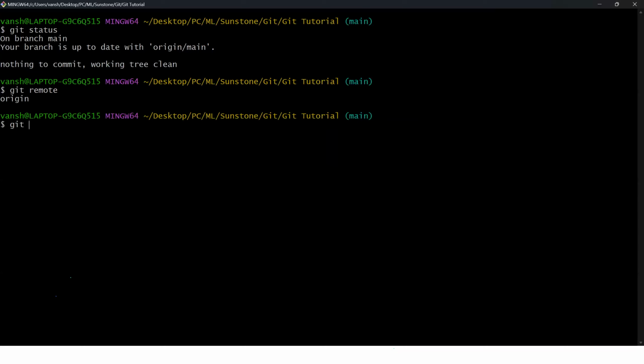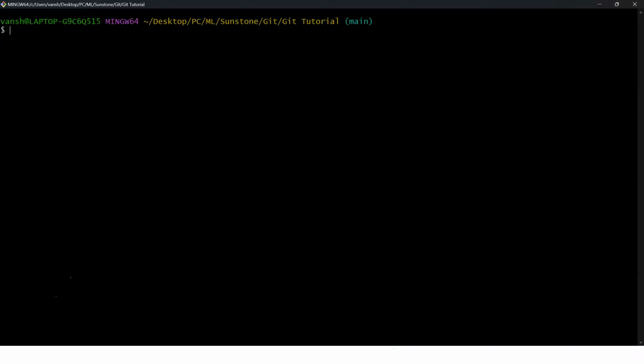Let me just remove it. Git remote remove origin, so that it will be from scratch. Clear. Okay, so if you do git remote, it is not going to return any result to you. This is the output that you will see on your Git Bash. So what I have to do is